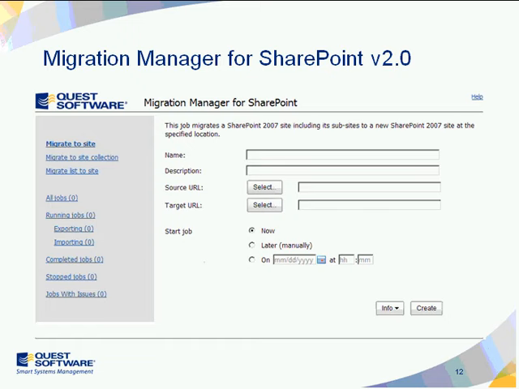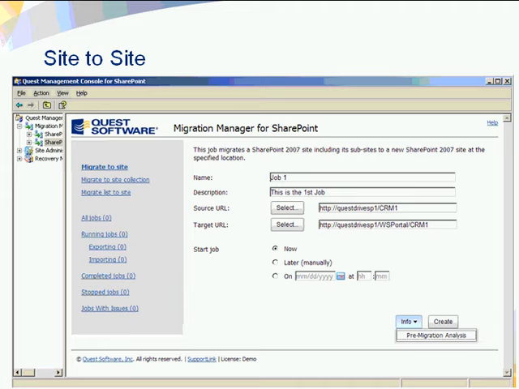The interface is embedded in an MMC console, but you can also just bring it up in a web browser. It's a web client, so you can share this as well. It's a very simple install and get going. Basically, it's all around the jobs. This is a project. This is not a drag and drop and forget. This is something you need to plan, and be able to go back, look at the completed jobs, and look through the logs to understand what in particular is happening.